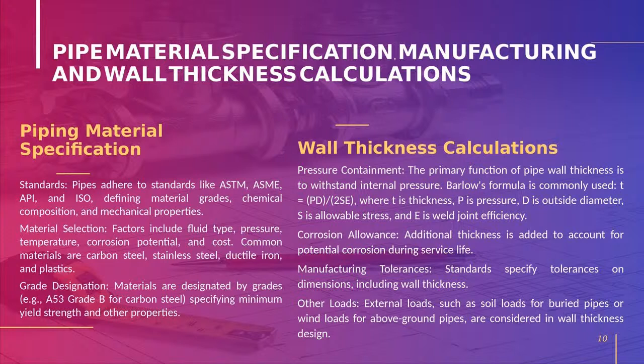As I said, the next topic will be piping material specifications and thickness calculations. Piping material specification is nothing but PMS. For any project, once the PFD is frozen, next we come to the P&ID, after the HAZOP, everything completed. Next, our job is to prepare the plot plan, which will be taken by the civil and mechanical persons together, and the other part we have to focus on is the PMS, the piping material specification.